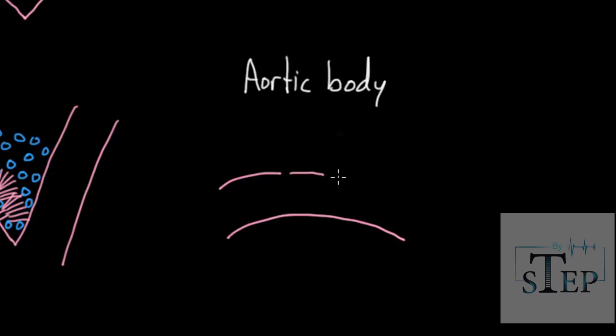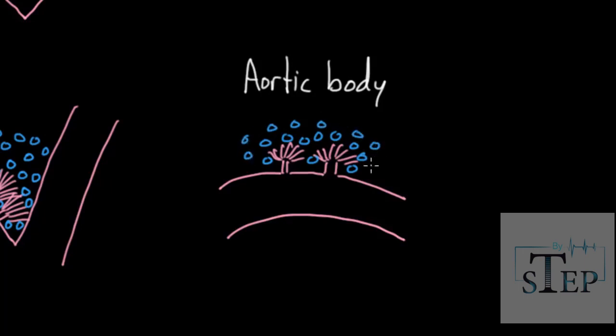And really the same thing is going on the aorta side. So on the aorta side, you've got little branches coming off the aorta, of course, and these branches are going to branch again and again, and eventually you're going to get just lots and lots of little capillaries. And these capillaries are going to serve all these little blue cells that I'm drawing in here. And these are the chemoreceptors that we're talking about. So these blue cells together make up a body of tissue,